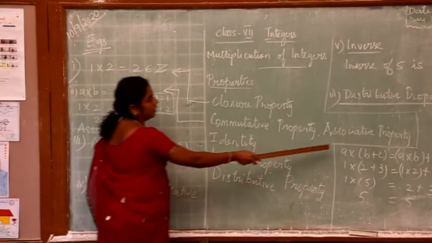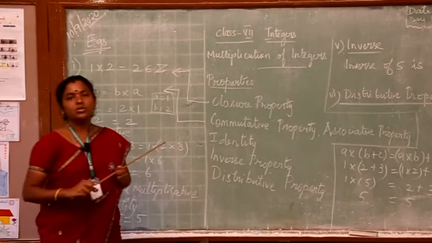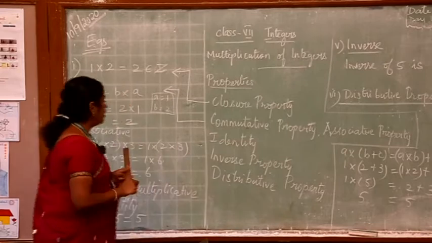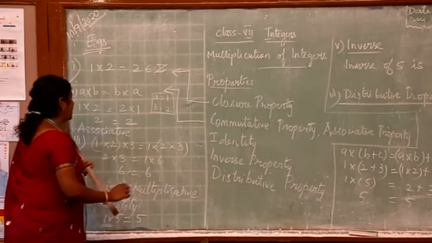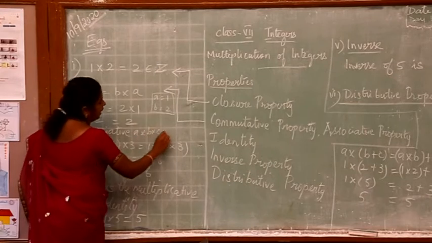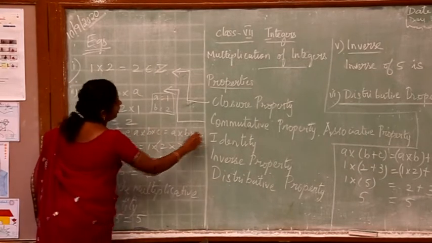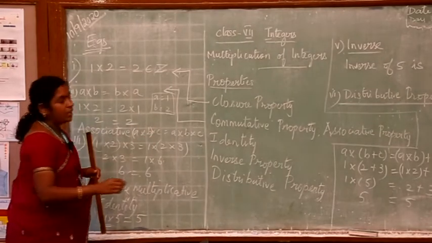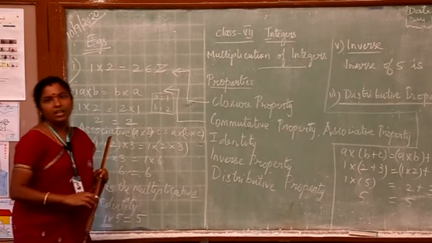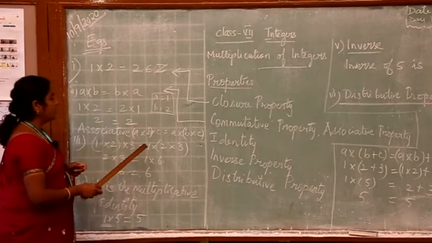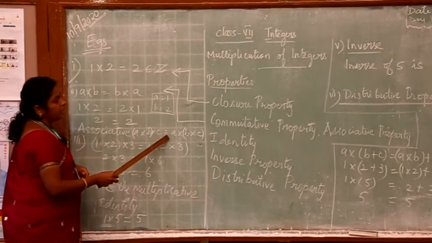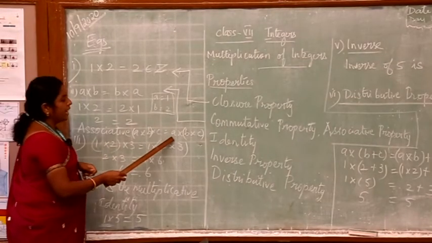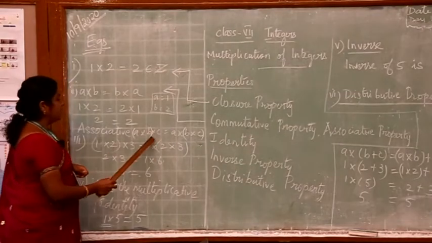Now, we will be going for the third property, which is your associative property. Association means we are going to join all the numbers. Here we are going to take 3 numbers, that is A into B into C, which is equal to A into B into C. The only thing is I am taking the bracket for the first 2 numbers on the left side, and the last 2 numbers in brackets on the right-hand side. How will you read this? A into B into C is equal to A into B into C. We are going to multiply the numbers. I am going to take A is equal to 1, B is equal to 2 and C is equal to 3.